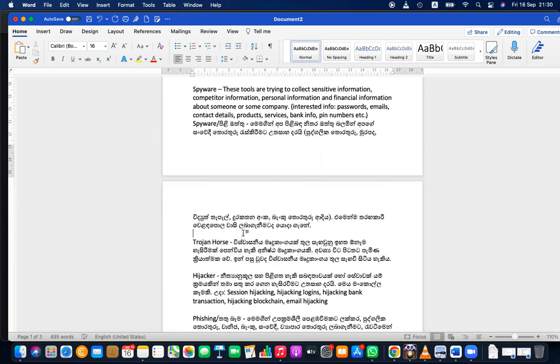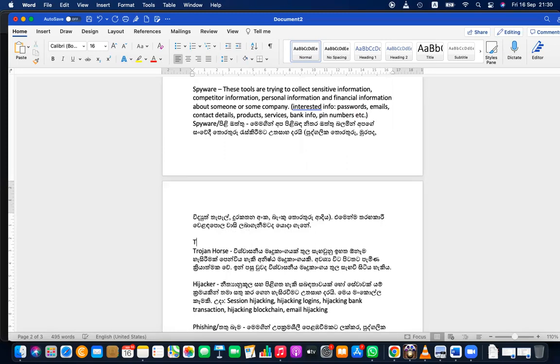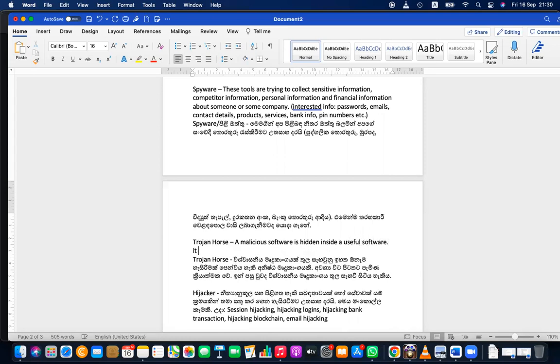Okay, then Trojan horse. It is basically malicious software hidden inside a useful software. It can behave as one of the above or below malware.